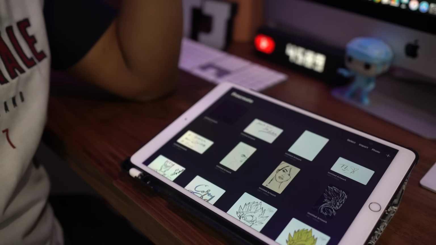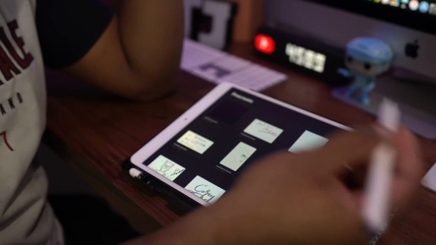So this will require either an iPad or an iPad Pro. I'm going to be doing this on an iPad Pro today, as well as with the Apple Pencil. And you will have to import it into your computer and do a few things. So we're just going to walk through it, and I'm going to show you exactly how to create this kind of footage. All right, so we're going to start in Procreate, and the first thing you want to do is